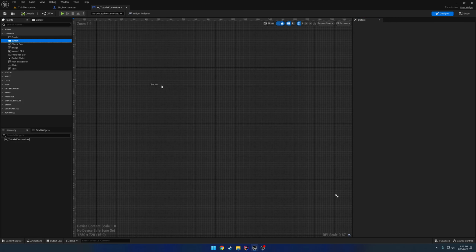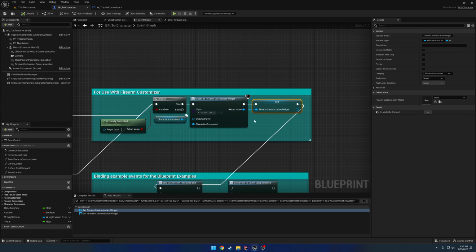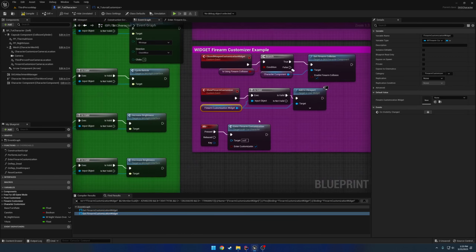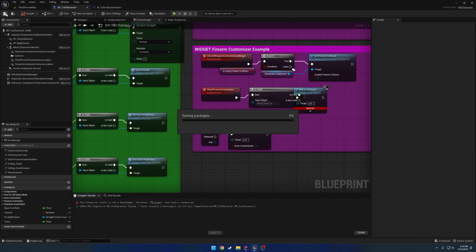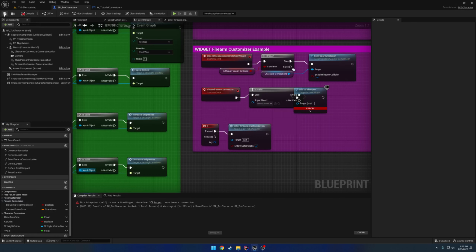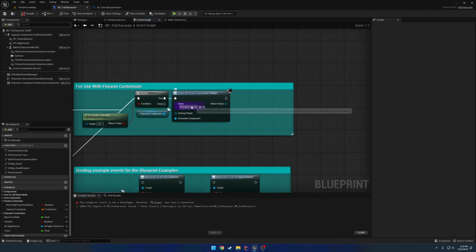So we're going to do that. And I'm just going to add a button, and that's basically going to be it, just for the sake of visualizing. Now let's delete the Firearm customizer widget from the get as well, and find where it's set over here. So Firearm customizer widget, delete. There we go. Okay, so under the create widget, we're going to search for W_tutorial customizer,